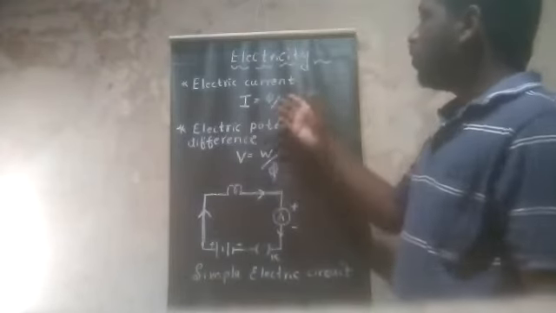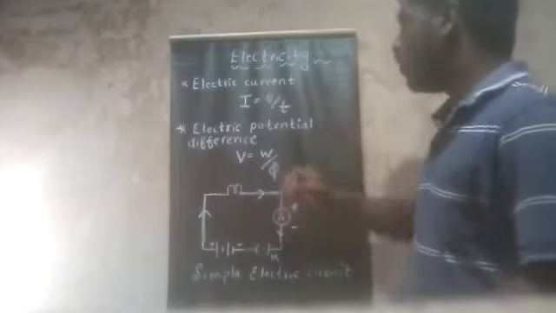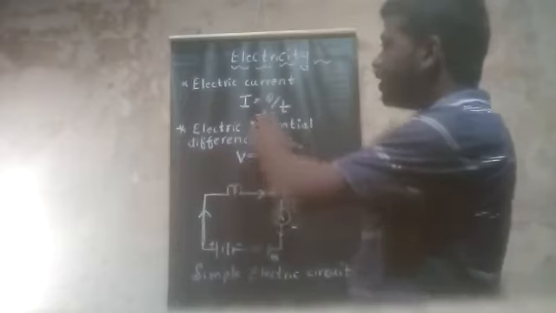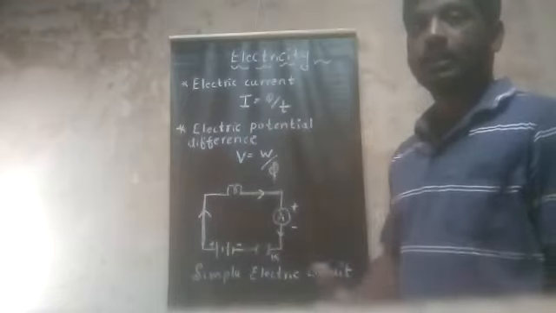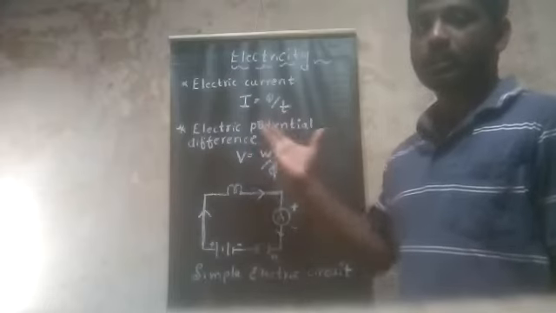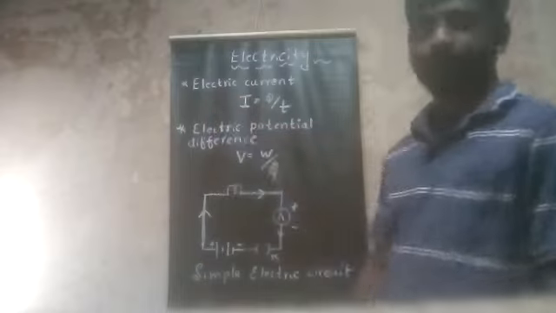Okay, so first of all we learned what electric current is. Now, what is the SI unit? How will we find out? The SI unit is named after a scientist called Andre Marie Ampere. He invented this topic, so his name is given as the SI unit for electric current.